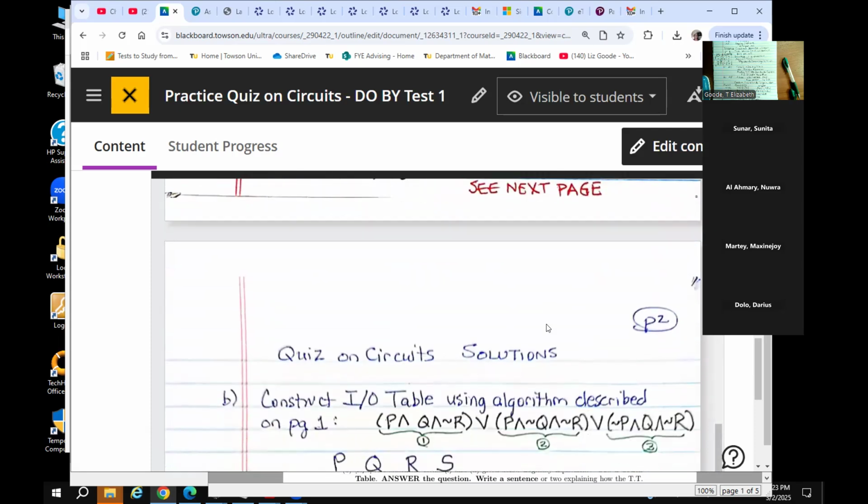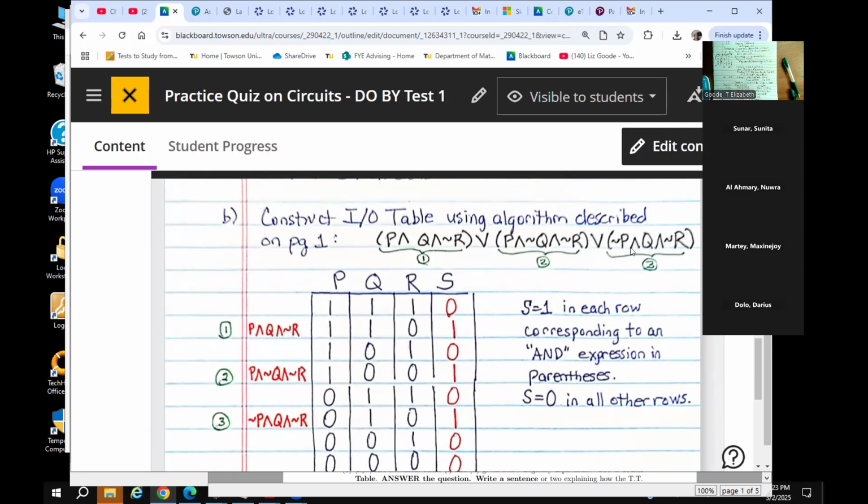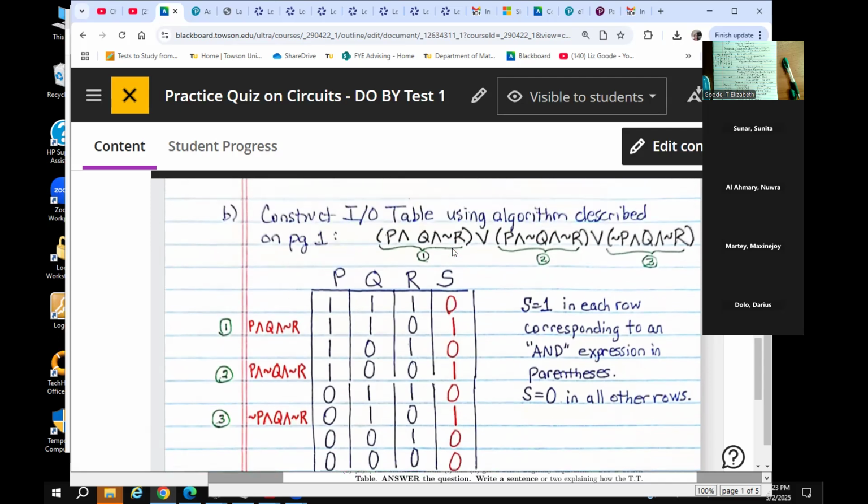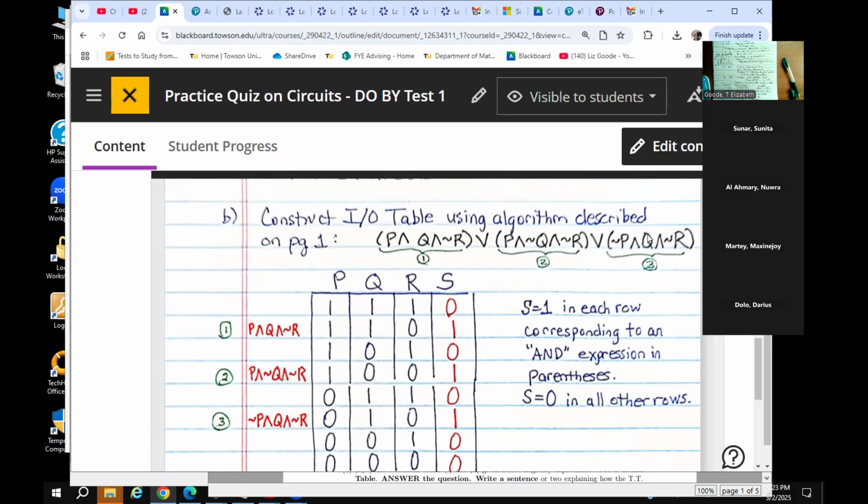Yes. And then the third expression is actually associated with row 6, because P is cold and Q is hot and R is cold. And those are the three rows in the IO table that get hot output. They get the ones, because it's exactly this expression that describes when we want the circuit to output a hot